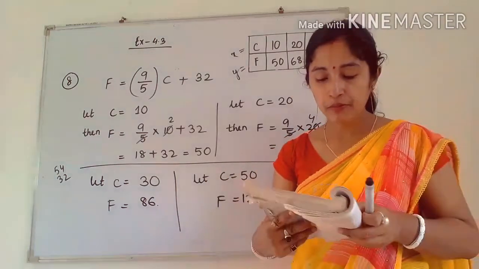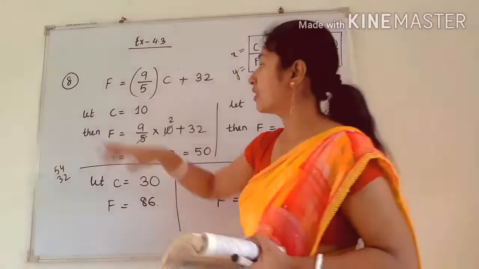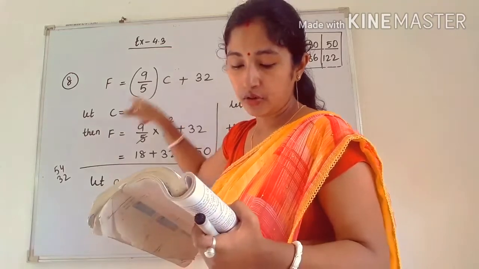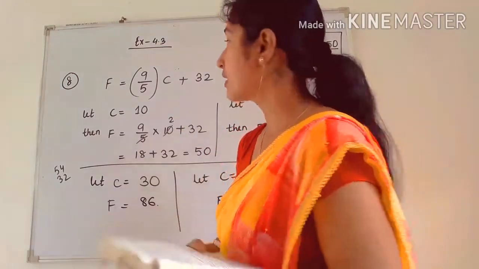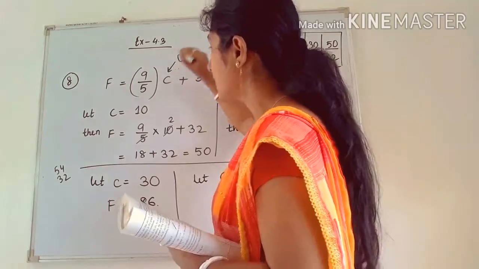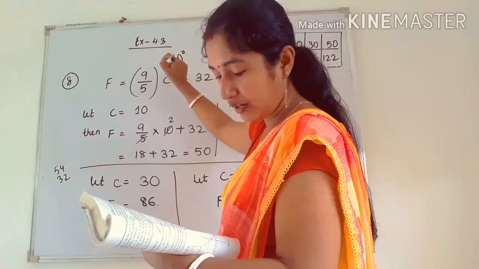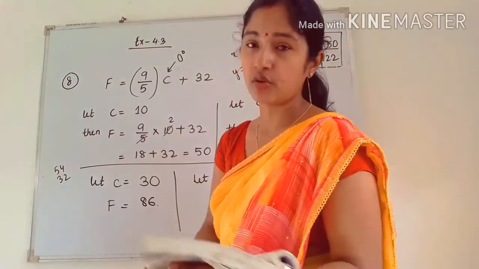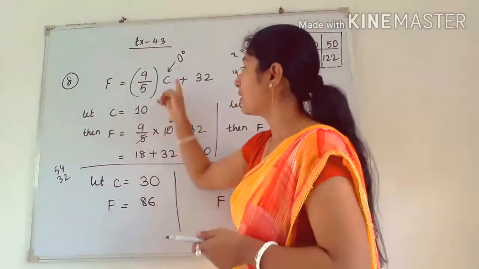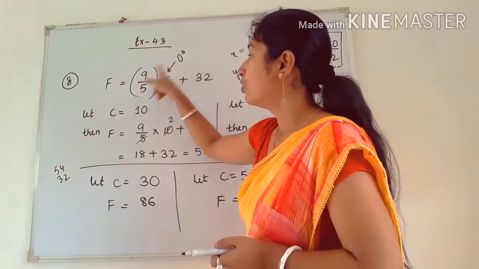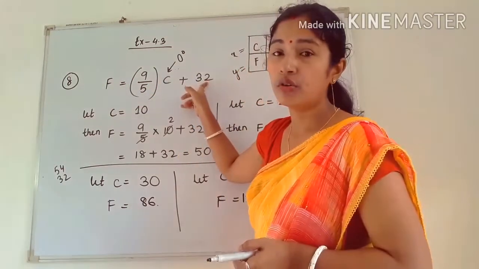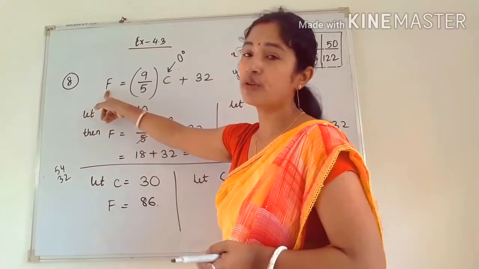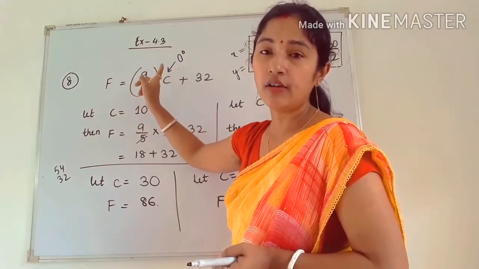Similarly, in number 3, if the temperature is 95 degrees Fahrenheit, that means in Fahrenheit you have to put 95. By calculation you can easily find the value of C. Number 4 is, if the temperature is 0 degrees Celsius, what is the temperature in Fahrenheit? If the temperature is 0 degrees Fahrenheit, what is the temperature in Celsius? First of all, you put C as 0, you will get F is equal to 32. Next, they told you to put 0 degrees in Fahrenheit also. In that way also you will get a value for C.